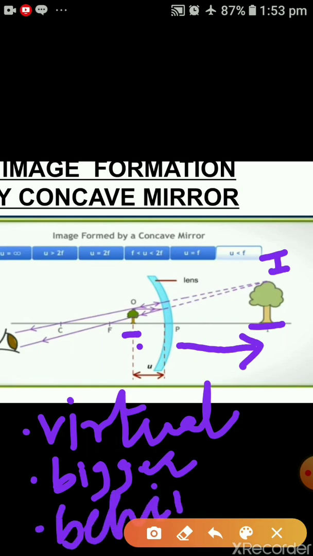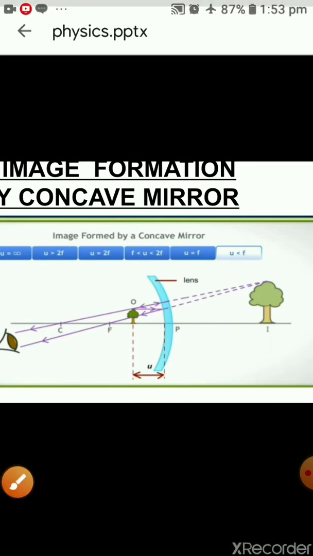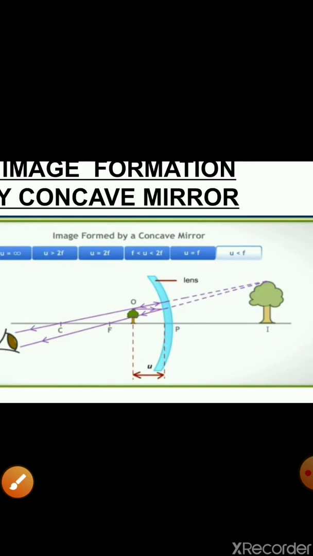So children, when you are writing this topic in your notebook, here you will not explain anything. You will just show this image formation, this diagram you have to make, and after this diagram you have to write down only 3 things about it. Which three things? First is nature. What type of image? That is nature. Then size. And the third one is position. So you have to explain only 3 points about the image: nature,